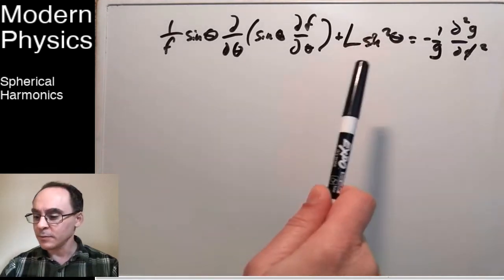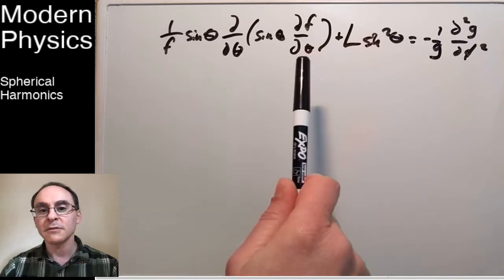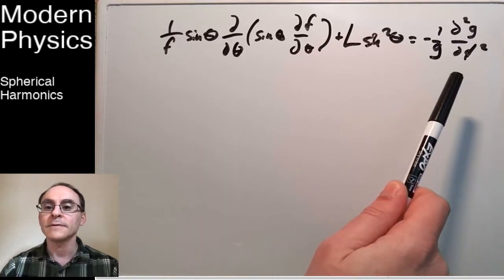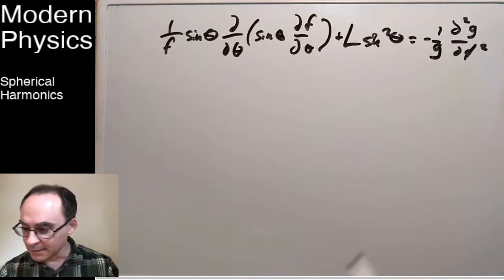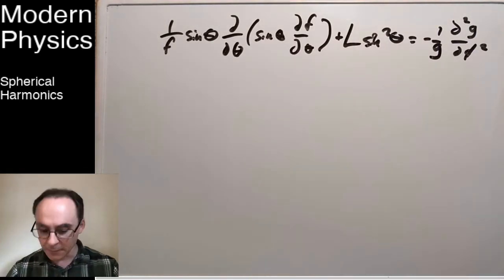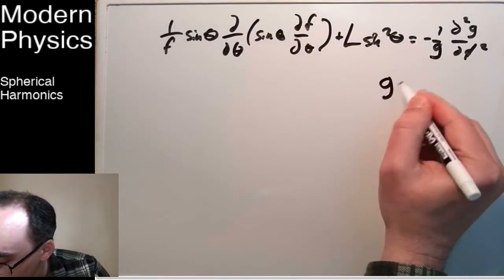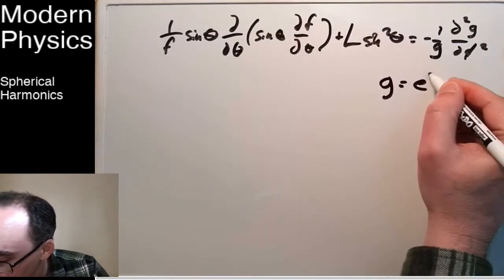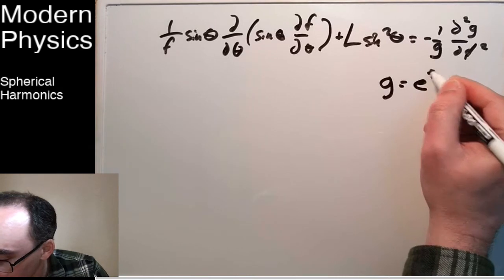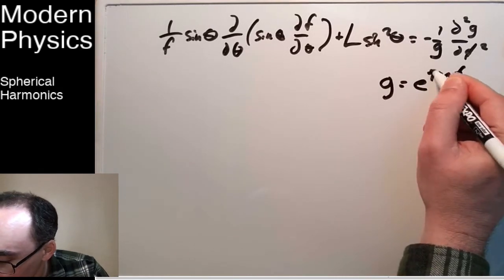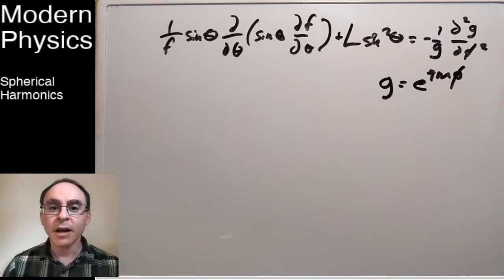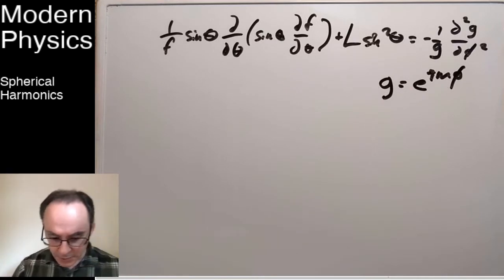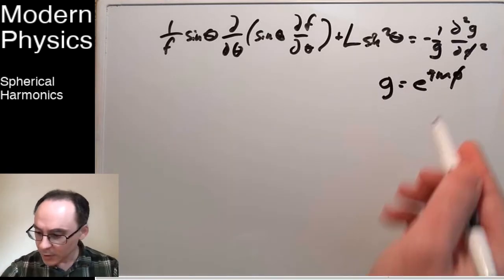We got to this point and we wrote down these two different sides, one side only involving theta, one side only involving phi. And we said, okay, that means both sides have to equal a constant. And we looked at the right-hand side and we said, well, that one looks fairly simple. We can solve that, and we say that this function here is actually just e to the im phi. So that part's done. Now I want to look at the left-hand side of the equation because that's a little bit more complicated. So what I'm going to do is plug that in for g, and then